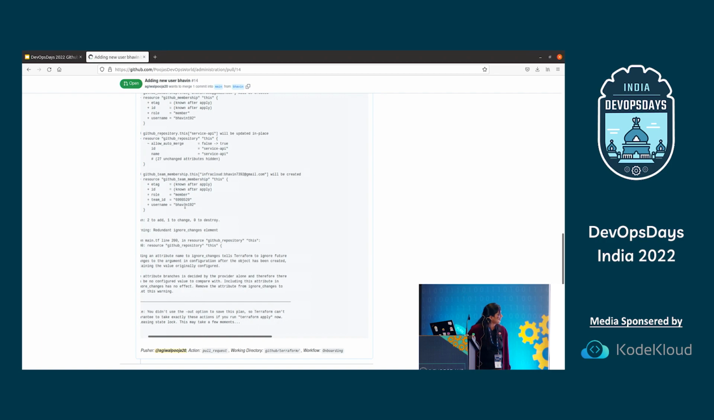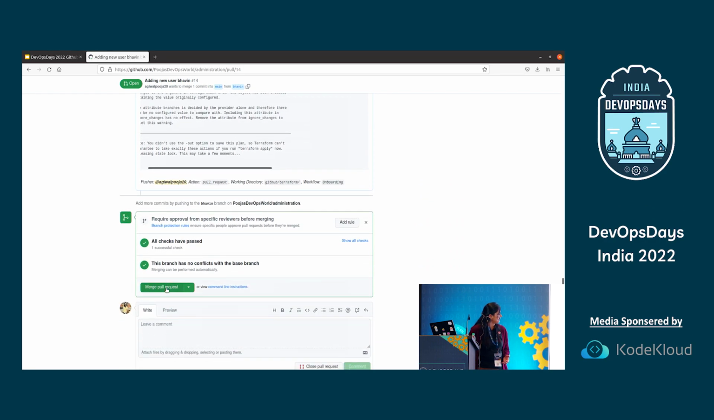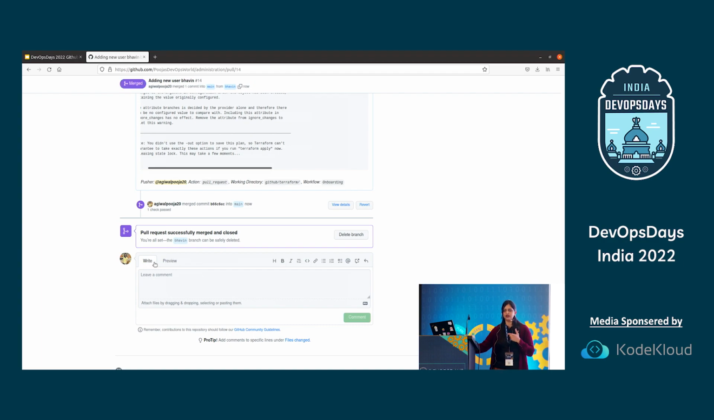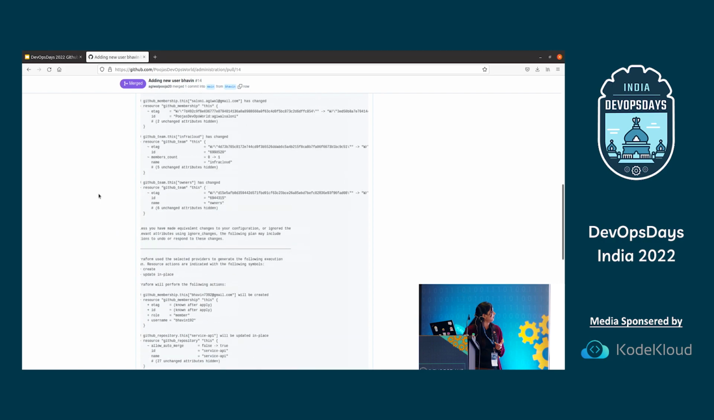Called Bhavin 192. So this Bhavin, he's my friend, he's sitting right in front of me. I'll quickly merge this pull request, and once I merge it, the GitHub Actions will run in the background. An invitation will be sent to Bhavin's email address. And we can quickly check